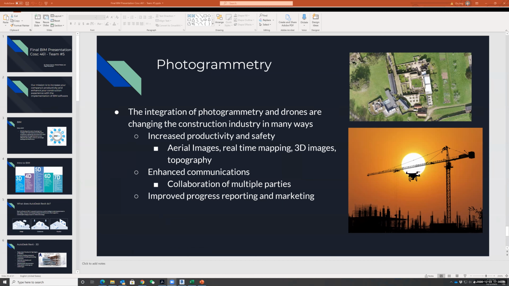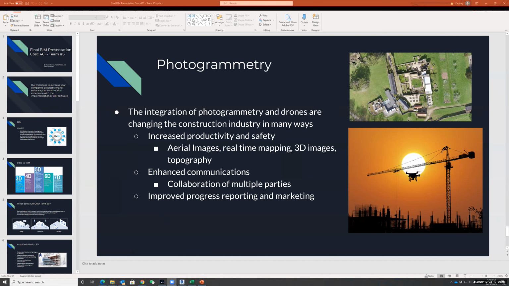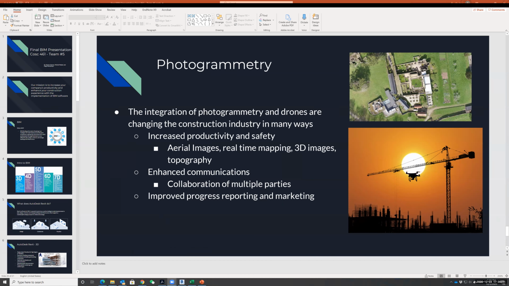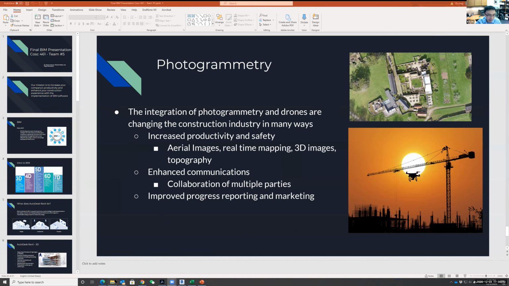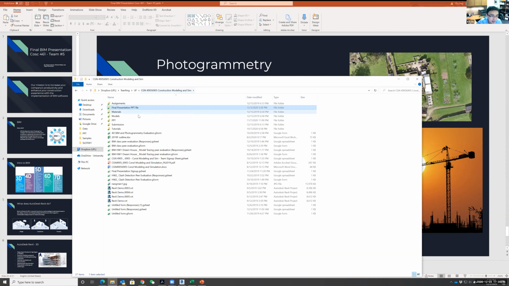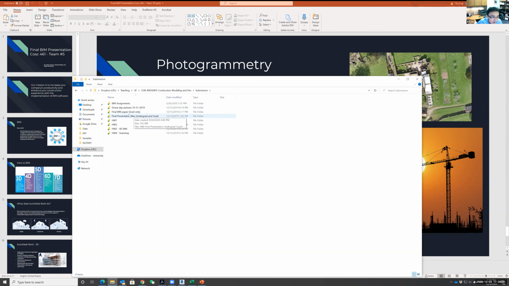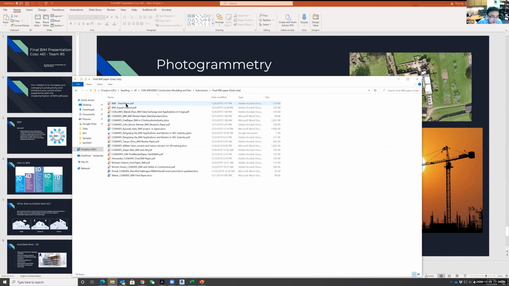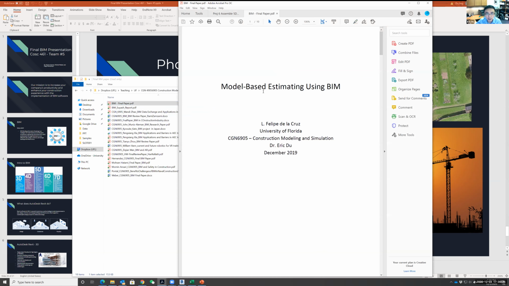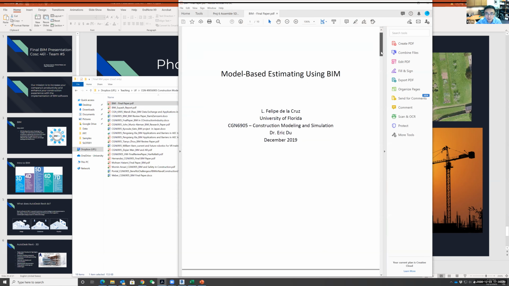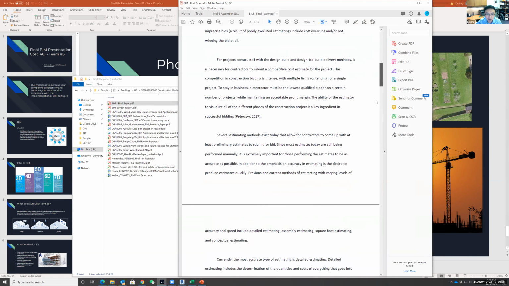Professor, I have another doubt, because in the syllabus there is a final research paper, individual paper. Yes, that's for graduate students. This is how it looks. It's just a literature review. Let me see if I can find it. Final, graduate only. So I'm going to open just one example. So this is a model-based estimating using BIM, and introduction, problem statement, literature review. So is the paper individually or in groups? No, this is individual, and this is for